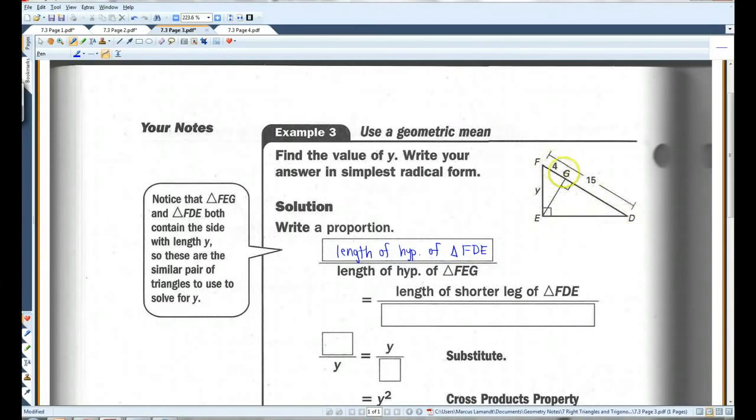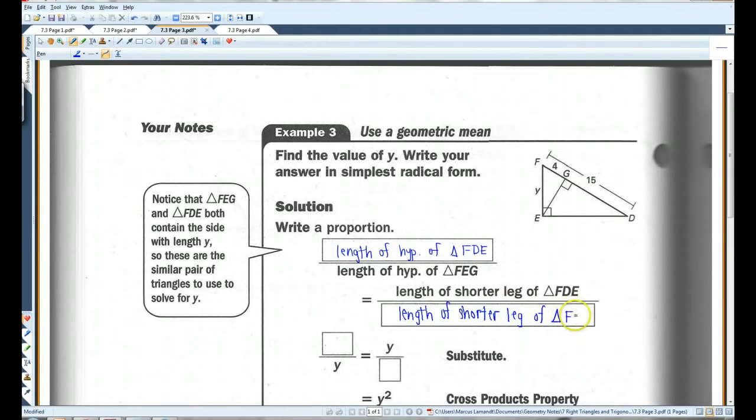That's the whole triangle. Okay? This equals the length of the shorter leg of triangle FDE. So the shorter leg would be here, which corresponds with the length of the shorter leg